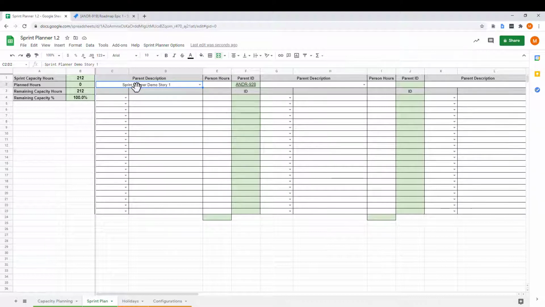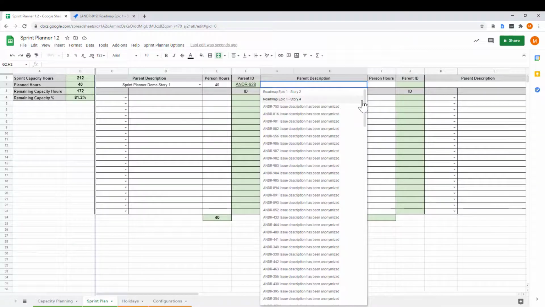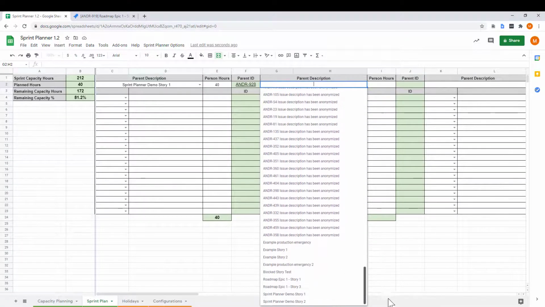So I've selected Sprint Planner Demo 1 story. In this case, I'm going to keep it very simple. I'm not going to break that down into subtasks, and I'll just give it an estimate of 40 hours. So it put 40 down here, subtracted 40 from the 212, so I have 172 hours remaining. Let's do a second one. So come down here, I'll select